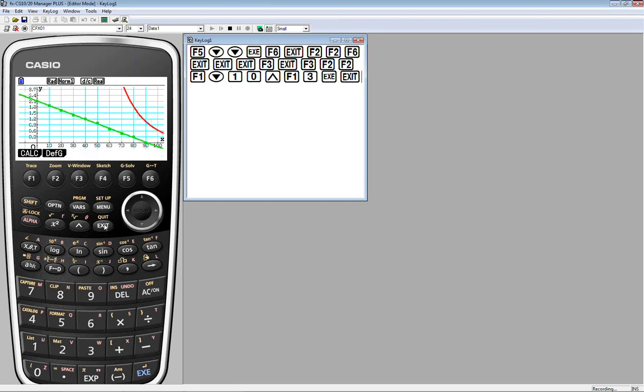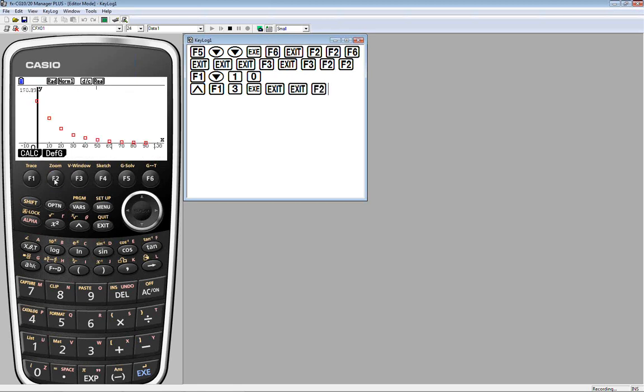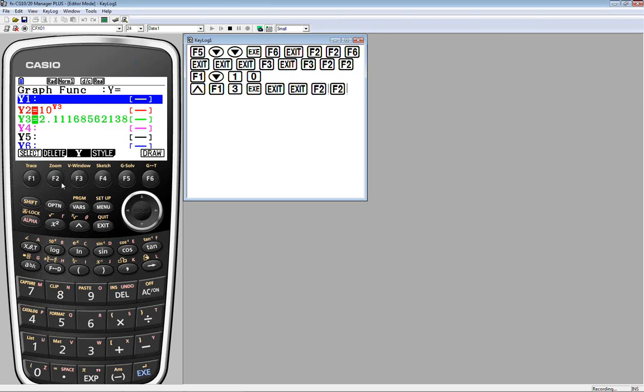Now, I want to exit and bring back graph 2. If you'll remember what graph 2 was, it was the shifted data of the scatter plot that was curved. There it is. And if I go back to the define the graph and deselect Y3, what do I mean by select, deselect?